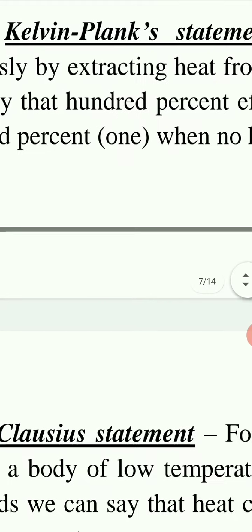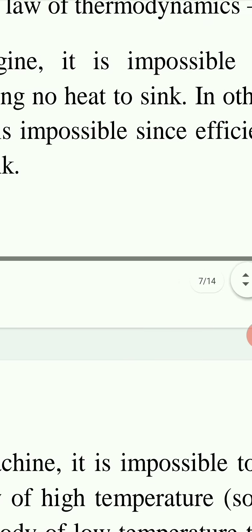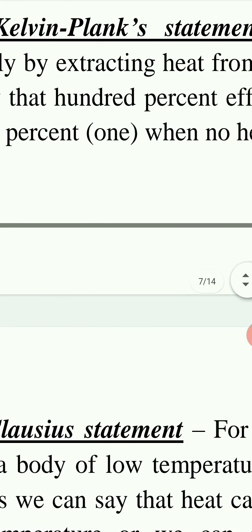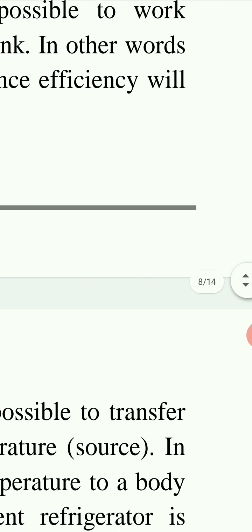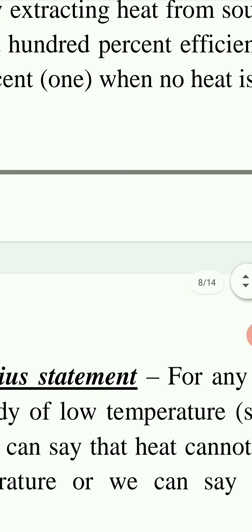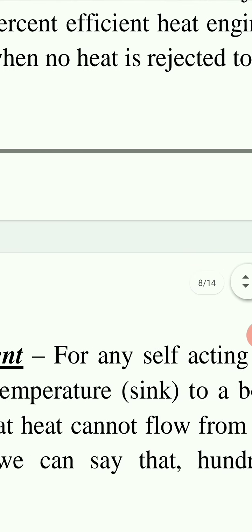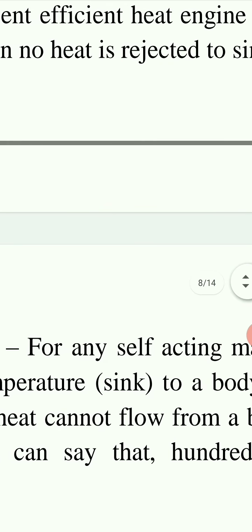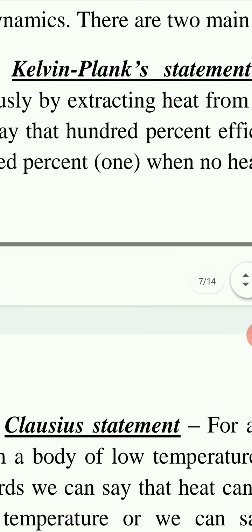According to the Kelvin-Planck statement, for any engine it is impossible to work continuously by extracting heat from a source and rejecting no heat to the sink. In other words, we can say that a 100% efficient heat engine is impossible. Since efficiency will be 100%, that is 1, when no heat is rejected to the sink. So according to the Kelvin-Planck statement,